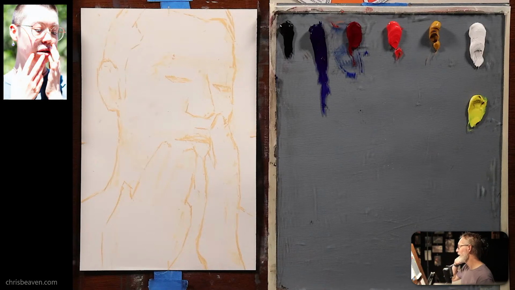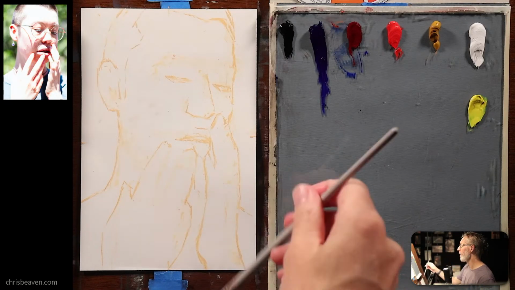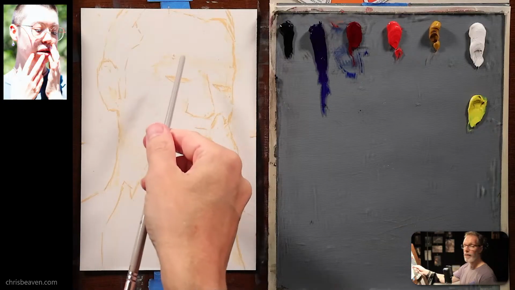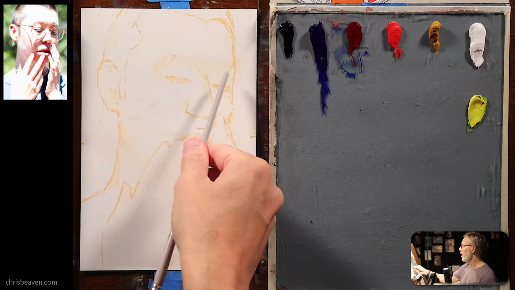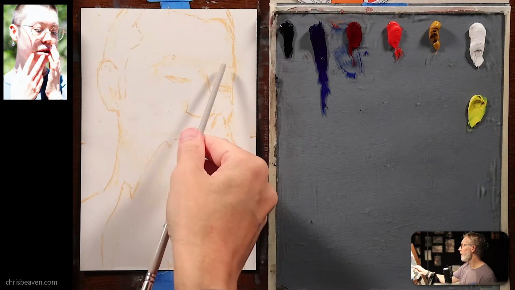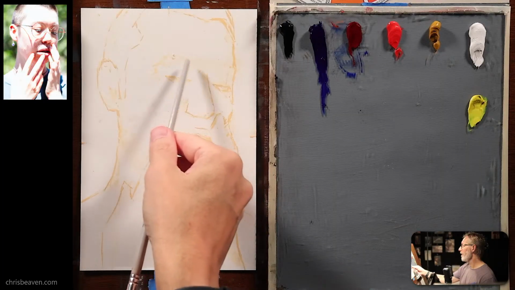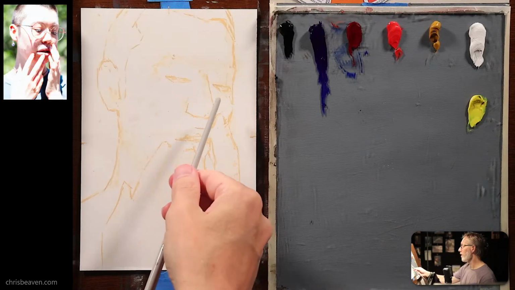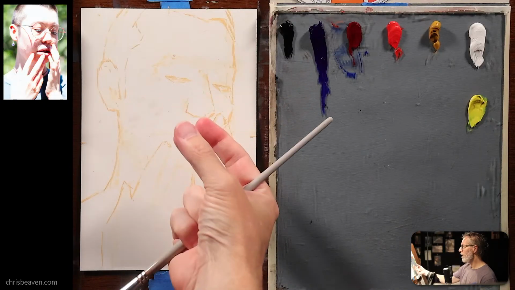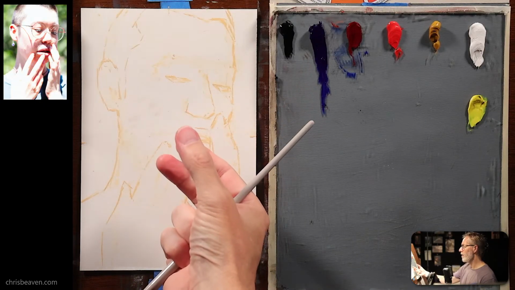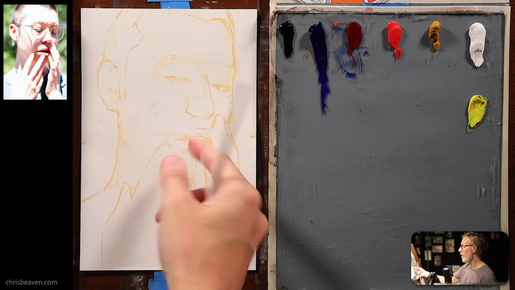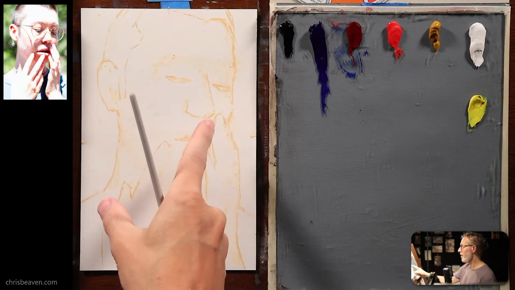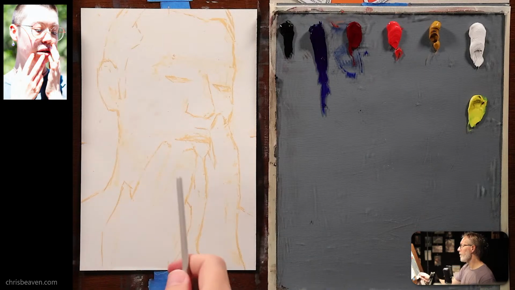So super fast. Okay. So I'm looking at, hopefully you can see the reference. The shadow that starts underneath the brow here, I got the 2 points of the brow down. That shadow shape is just beautiful. And this is a very blown out image. I want to start there, but before I do that, I also want to establish my lightest light, my darkest dark, which is going to be